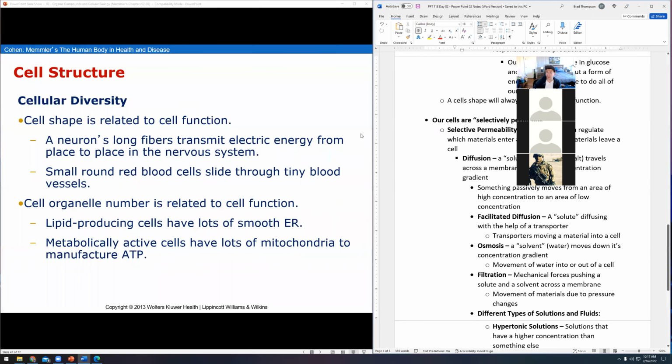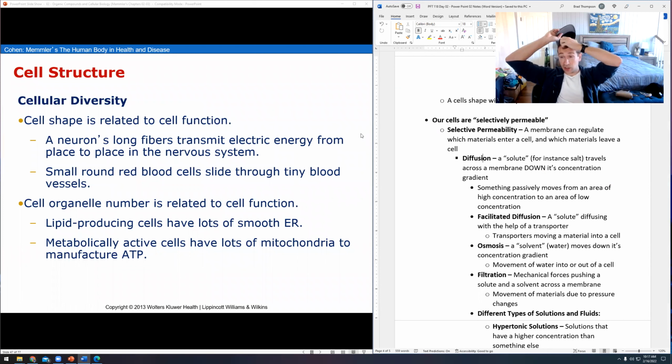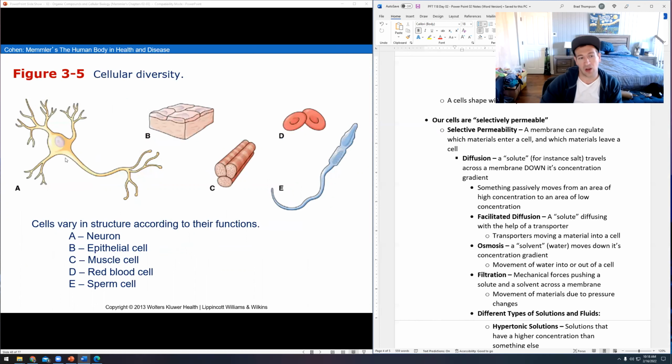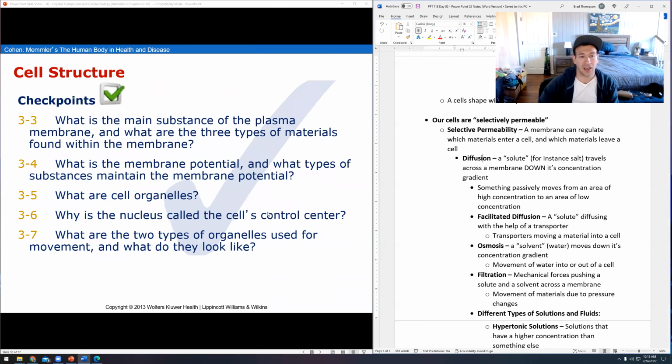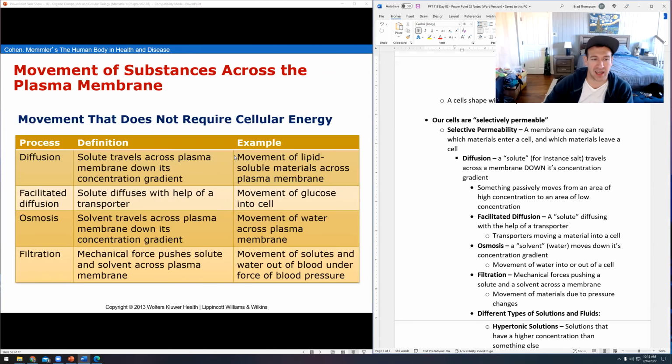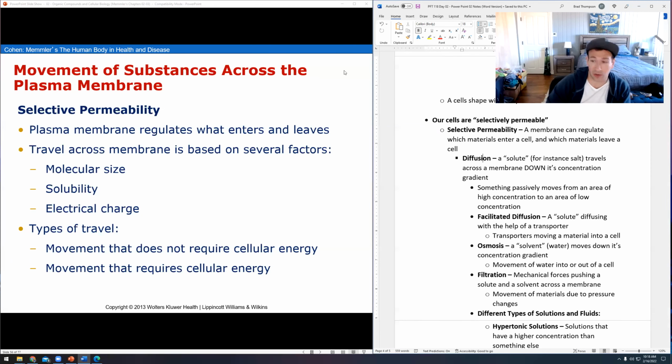So we got a lot of different cells that have a lot of different shapes, you know? Like I said, your neurons are really good at moving sodium and potassium. They use electricity probably more than any other cell in your body. Your brain is mostly electrochemical activity. There's neurons, and then also they got all these little fingers that allow neurons to attach to one another. Epithelial cells, there's your skin cells. They're really stretchy. Muscle cells have contractile proteins. Blood cells can squeeze. And then sperm cells, they're like a torpedo. They've got one job, and that is to puncture an egg. So that is the sort of shape of our cells.